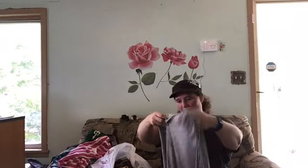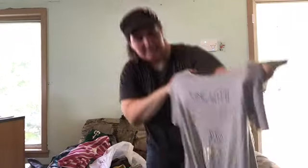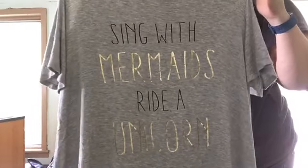This one, Paper Crane is the brand. Some of Paper Crane stuff I've sold before pretty well. Some sits forever. This I just got because it says, "Sing with mermaids, ride a unicorn" on it. And pretty much anything that mentions mermaids or unicorns these days, I do pick up. That stuff